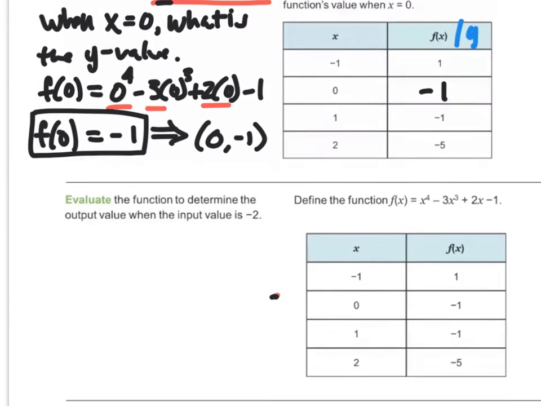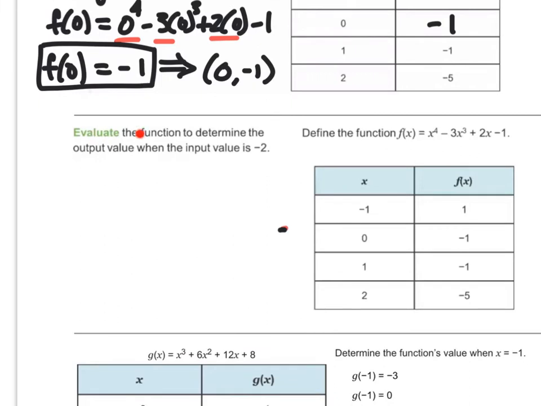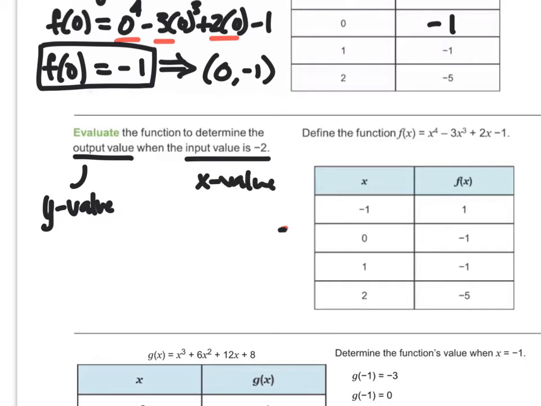Okay, let's take a look at the next problem. It says evaluate the function to determine the output value when the input value is 2. What this is asking us is to determine the output value. Output value means y value. When the input value is 2, that's an x value. So we want to look at this table and ask, what is the y value